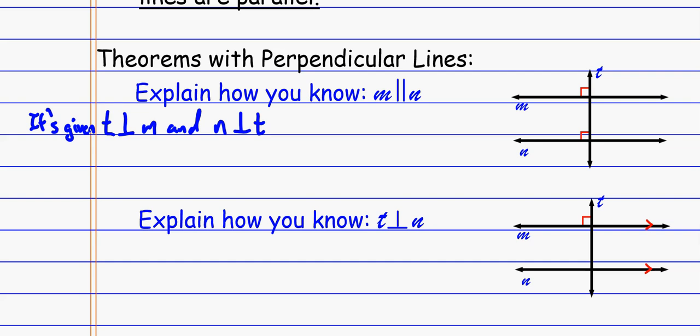I can see that from the picture, all right? The symbols told me so. Those are perpendicular. But now think about what that means. Perpendicular means that I have a right angle, and maybe I want to label these. I'm going to call this angle 1 and angle 2. Oh, so I could say, well, I know that angle 1 and angle 2 are right angles